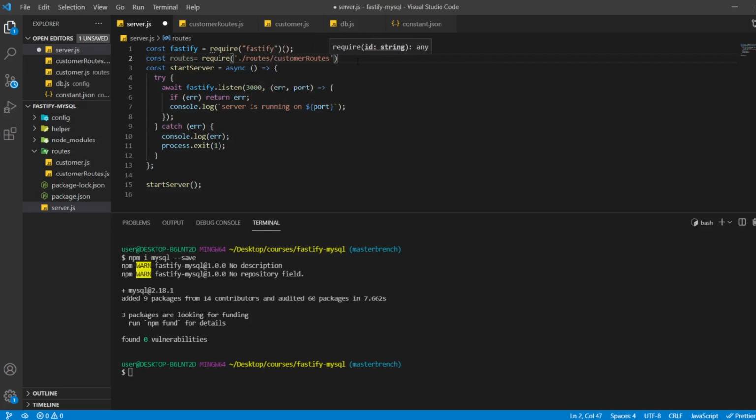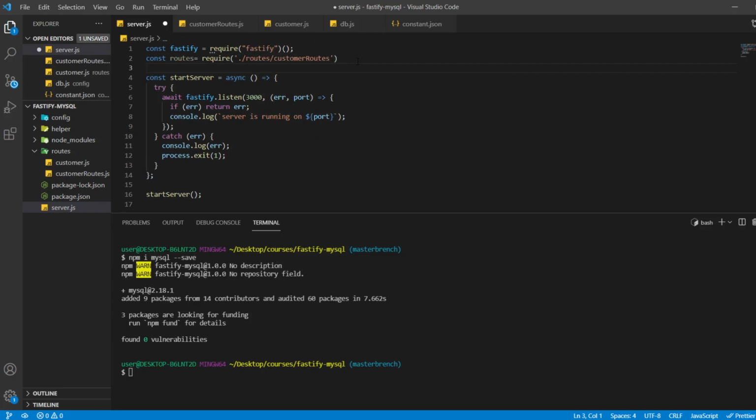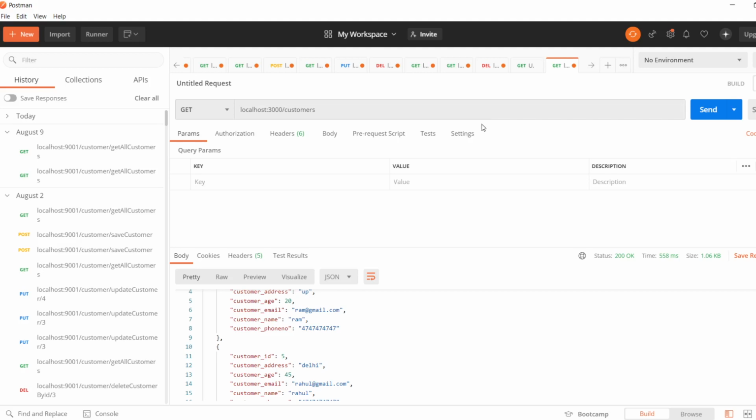Okay, after getting this file, we have to tell Fastify to register this route. So for that we have to use fastify.register, and then we pass this routes like this. Okay, so now if we go and check this again, we should be able to get the same response as we got earlier.